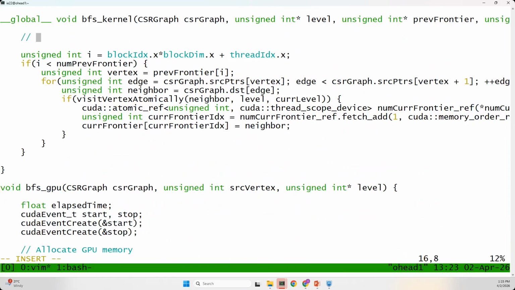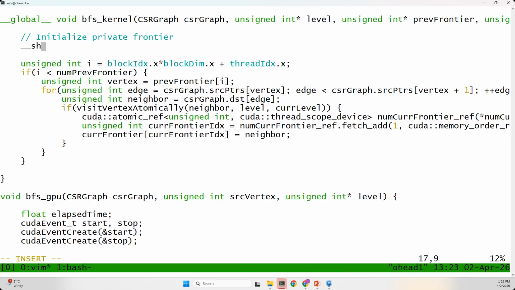So here we're going to initialize the private frontier, because we're doing privatization. I'm going to initialize a shared array, let me call it current_frontier_s. I need to give it a size. Now in the filter pattern, every thread had a fixed number of elements, so I knew the maximum number of elements that a thread may insert. But in this case,